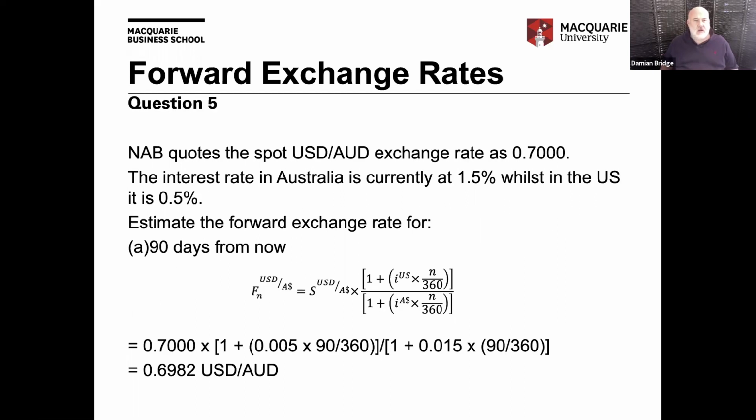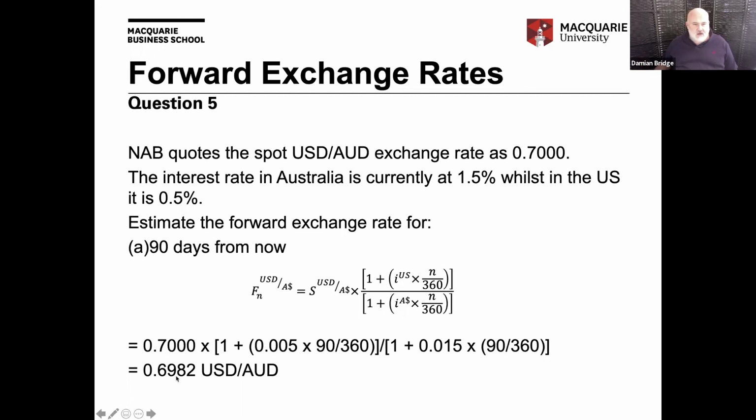So 90 days from now, we're going to use our forward interest rate formula. So it's equal to the spot rate, which is 0.7, times 1 plus the US interest rate, which is 0.5%, so 0.005, over 1 plus 0.015, which is 1.5%, times 90 on 360. So the exchange rate here is